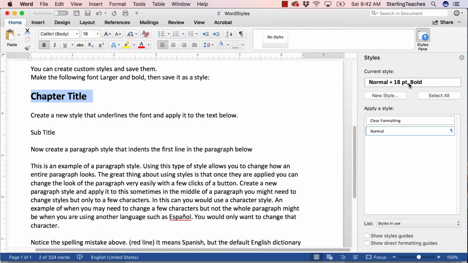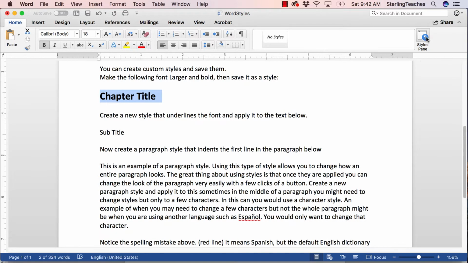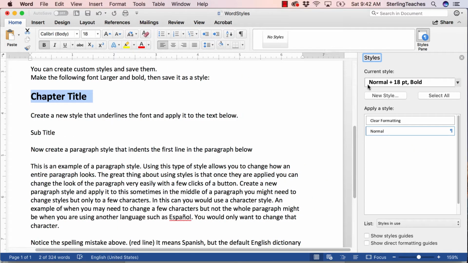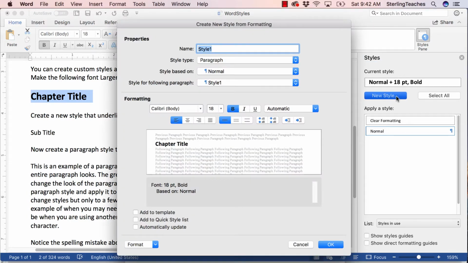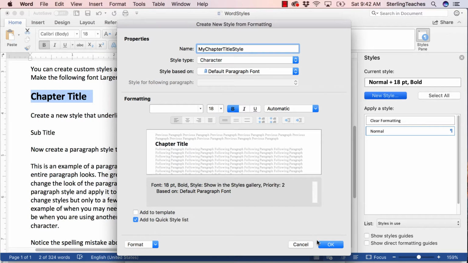To do that, I click over here. If my styles pane is not showing, I click on it. It's showing me everything that I've applied. I can click on New Style, and I'm going to call this my chapter title style. And I'm going to change the style type to character because typically titles are not done in paragraphs. And I'm going to go ahead and click down here where it says Add to Quick Style List,